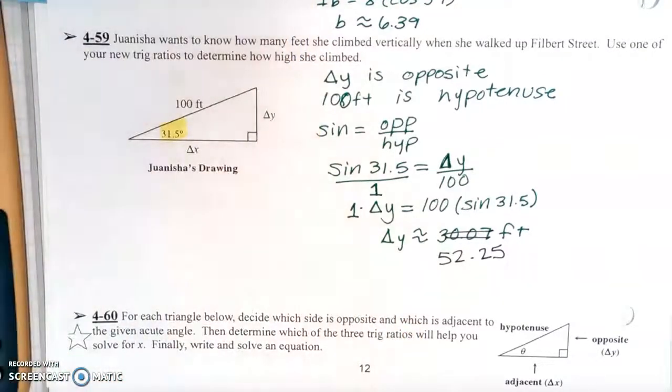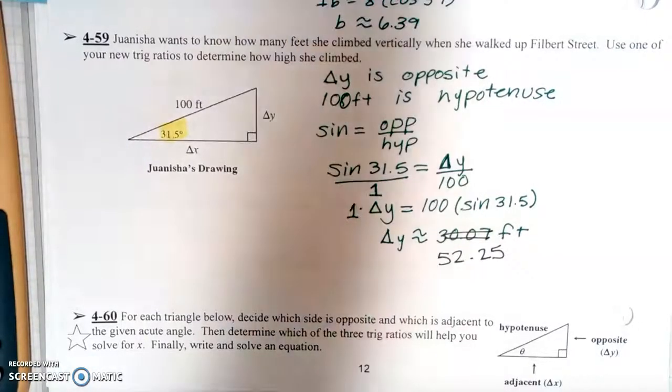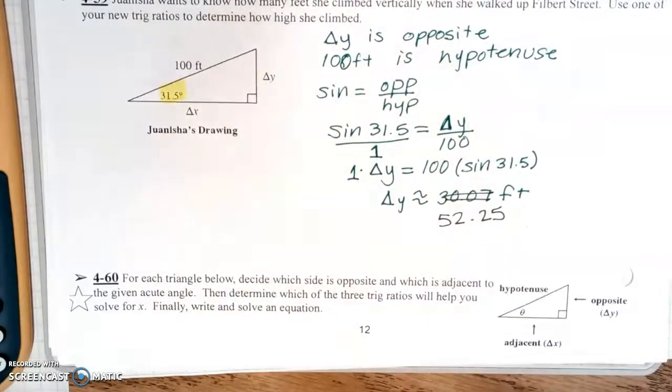Okay. Question number 60 says, for each triangle below, you're going to decide which side is opposite and which is adjacent to the given acute angle. Then determine which of the three trig functions